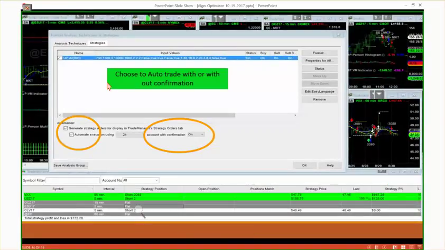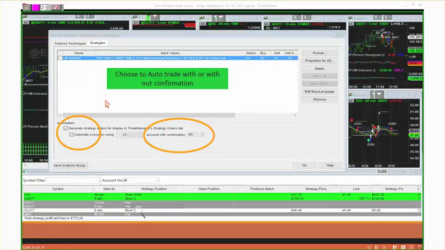What's really cool is that you can not only generate alerts, as we pointed out, but you can auto execute, and then if you want, turn on the confirmation button, so that a little box pops up and says, do you want to do this trade? If yes, hit yes, and it'll fire off your entry, your profit target, and your stops, and execute it for you. Or you could just say no, and guess what? I'll just trade it manually and use the signals. Maybe you want to cheat and use options instead.